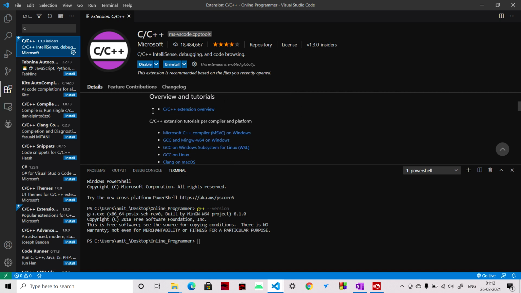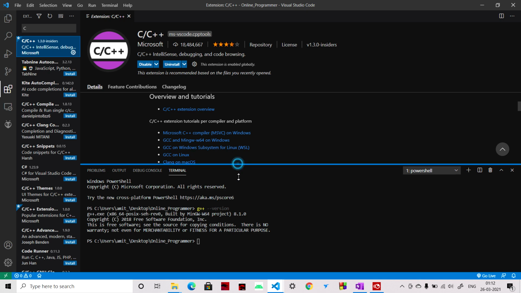If you haven't installed it and you start directly writing C++ code, then Visual Studio Code will notify you to install this extension.